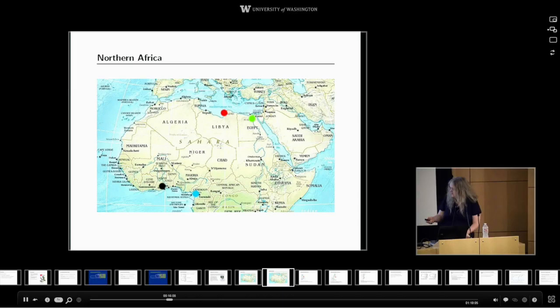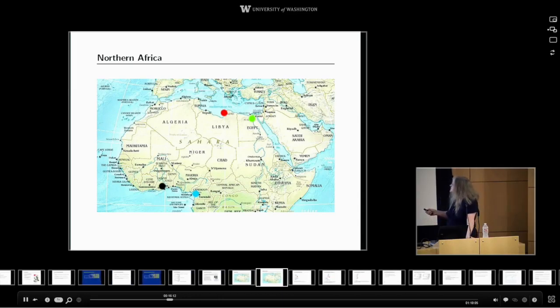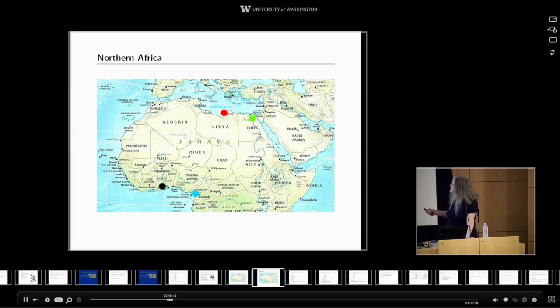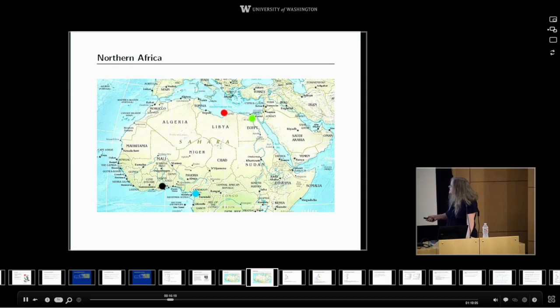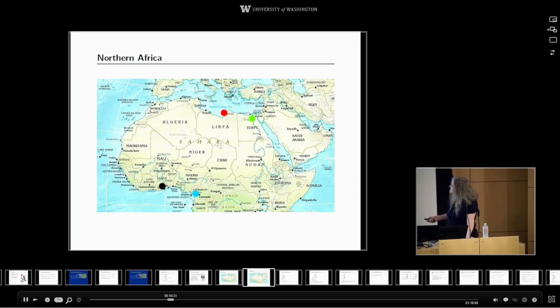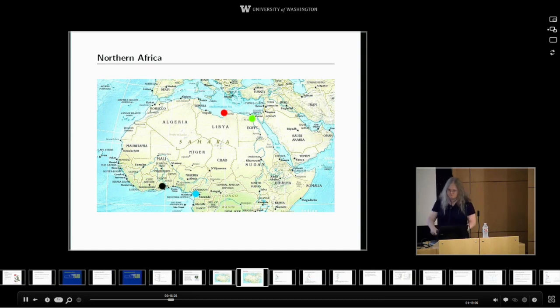Just to quickly refresh those of us whose African geography is a little shaky, here's the relevant part of Libya, Benghazi in Libya. Here's Egypt, and then Ghana and Cameroon, which is in an area that's somewhat the heart of the HIV epidemic in Africa.